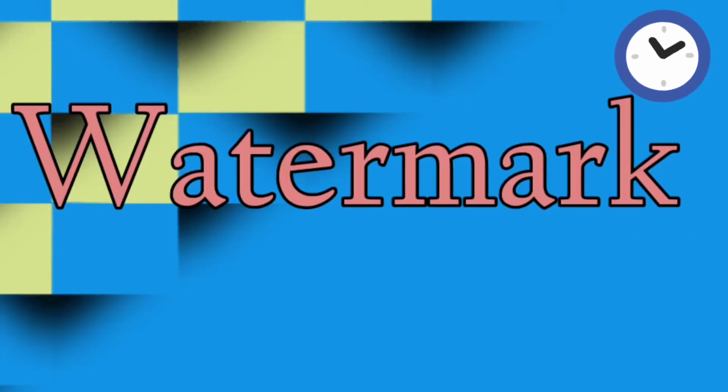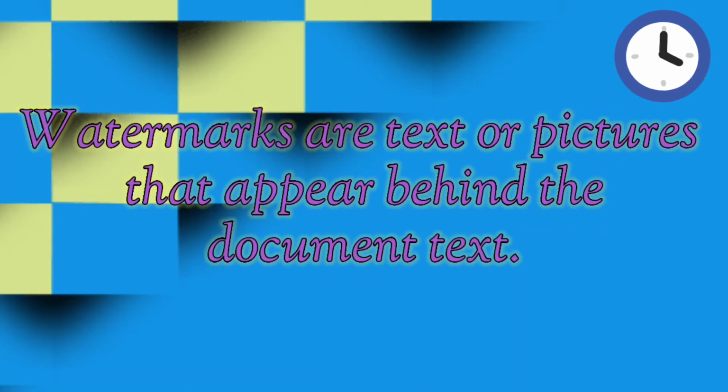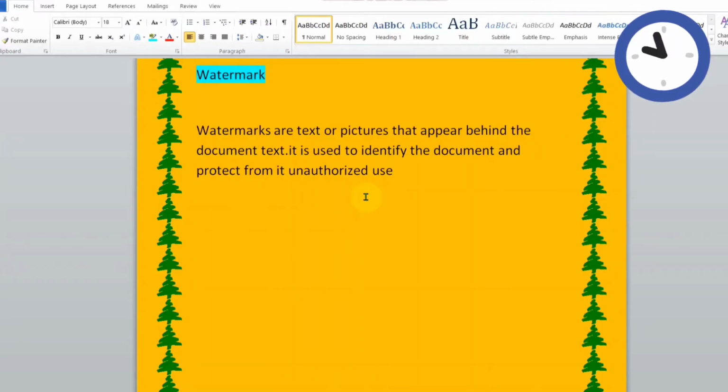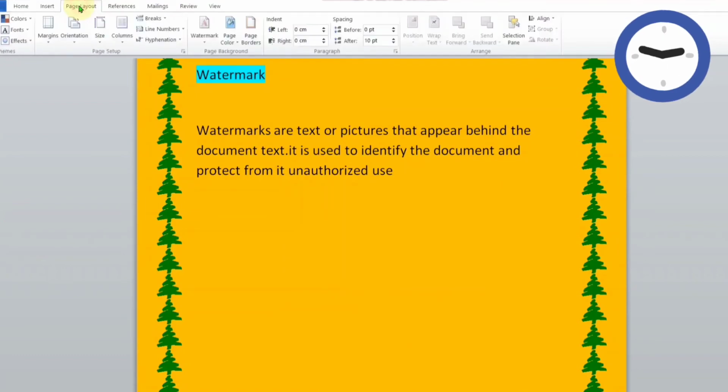My dears, do you know what we mean by watermark? Yes, watermarks are text or pictures that appear behind the document text. In order to apply watermark, first you click on Page Layout tab.